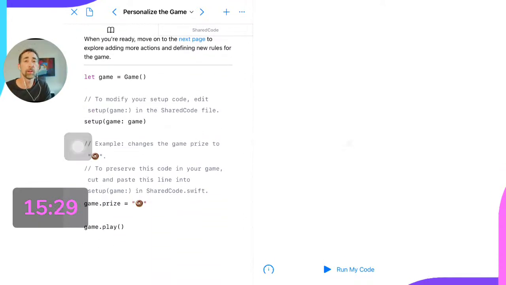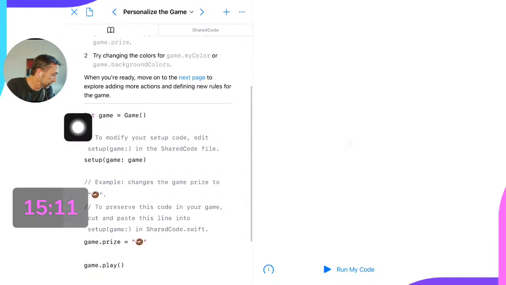So now we have a chance to do one of my favorite things as a programmer. We get to go into someone else's code and tinker with it a little bit and change a couple of things and see what happens. That's a lot of what coding is: we just change some things, see what happens. If it doesn't work out, try it again, run it again, and see how it performs.